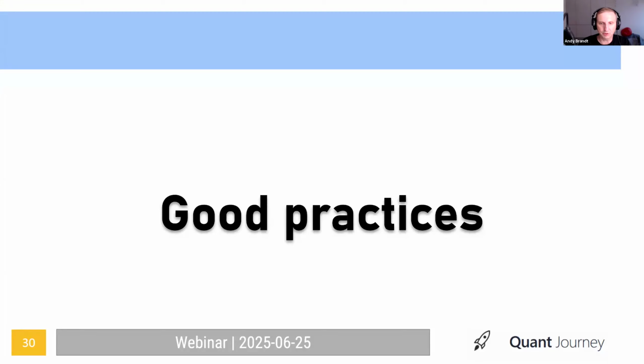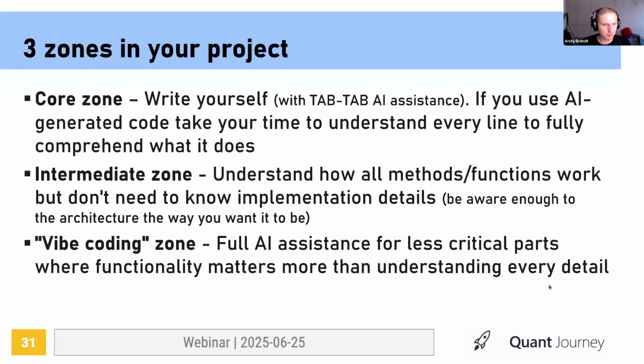So one of the things that I want to share also with you, Victor, is that we need to think of our projects like having 3 zones. And that's how I treat my project. So there is the core zone. For example, in this application, the core zone is actually calculating the indicators and showing them. Now the calculating part is done by the library, so we can trust it. Although I would probably take out a calculator and just check it on a few randomly selected tickers just to be sure. But still, I mean, we can trust the library.